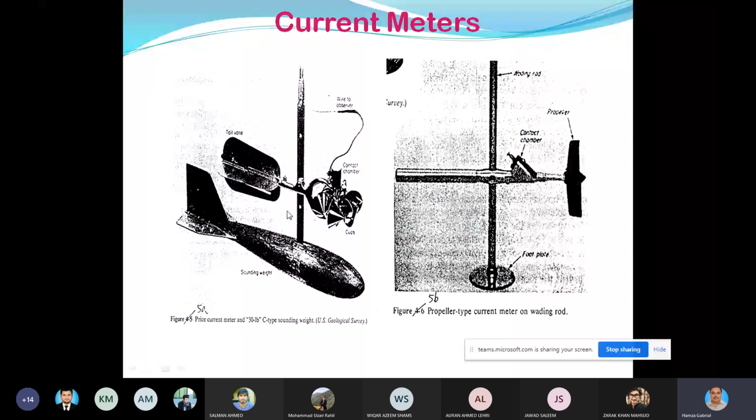So ये आप देखें conical cups जो कि horizontal direction में मूव करते हैं, whereas the propeller, so wing type आप देखें जो कि दूसरी डायरेक्शन में, आपकी वर्टिकल डायरेक्शन के अंदर वो की मूवमेंट है. So price current meter is used where you encounter debris or the sediments, and propeller they are used where water is silt free and free of debris.